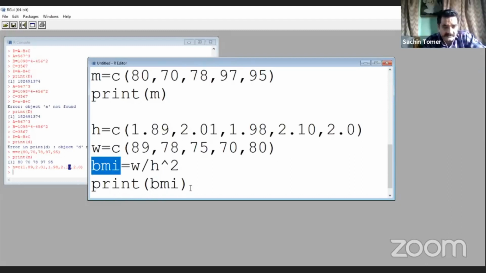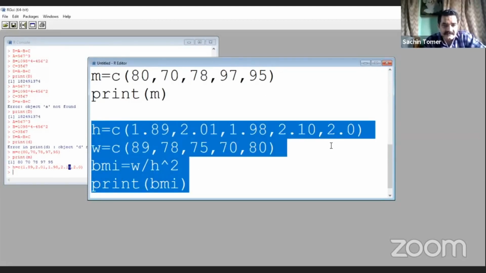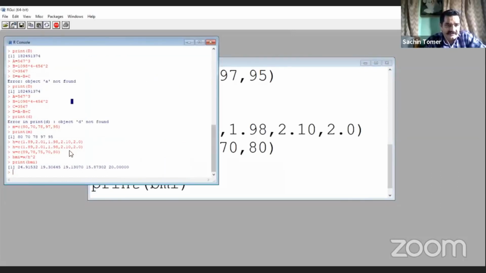Okay, let's run it and check who has given the right answer. Select this command and press Control R. You can see the results here. The BMI of the first person is 24.91532.